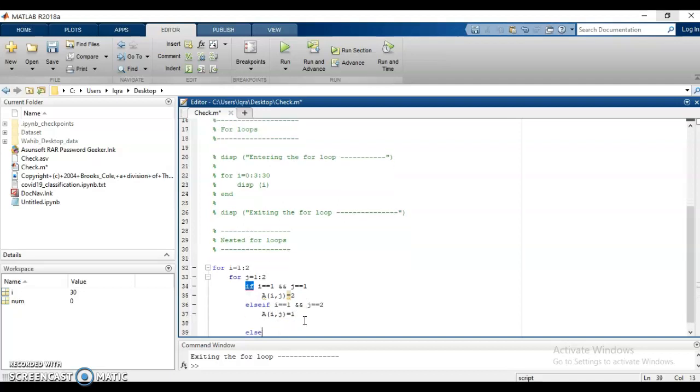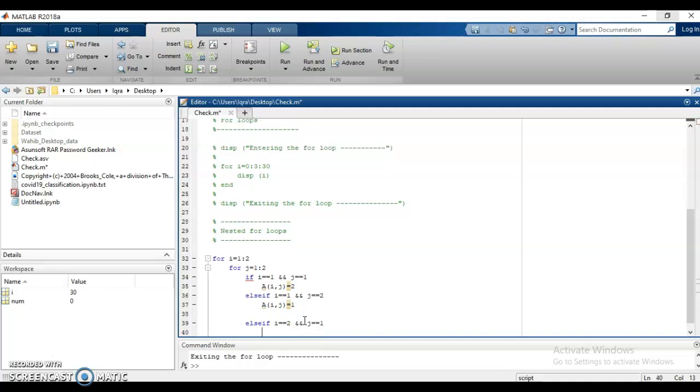And then we have another case of else if i equal 2. Now we are going to move to the second row, and j equal 1, the first column. Here we are going to give A at i, j what's the value there?